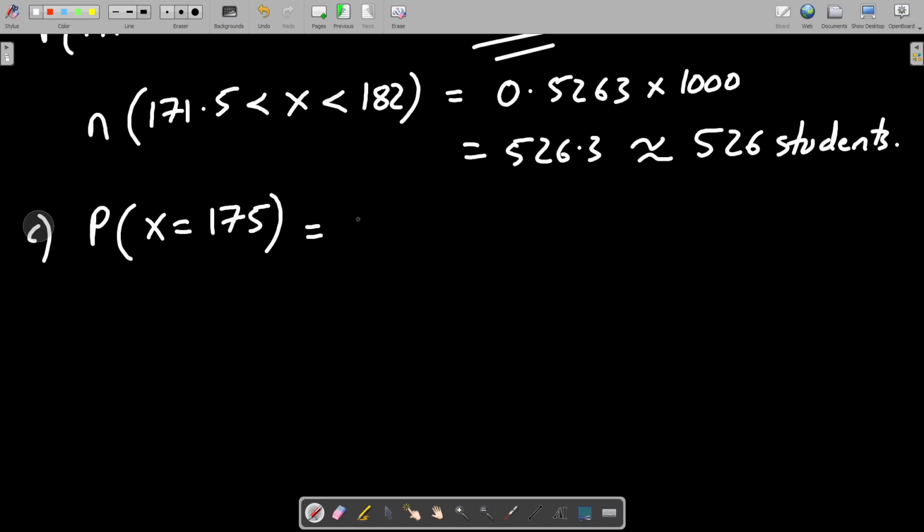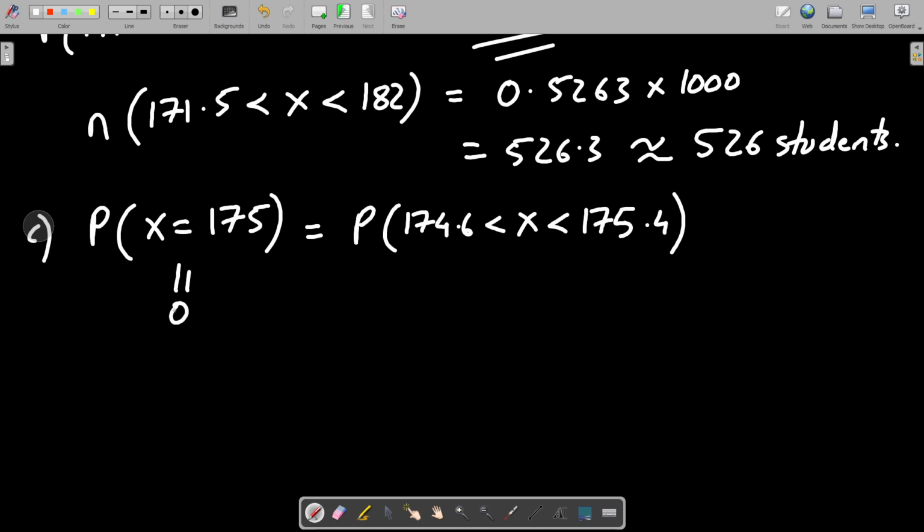Okay, so this actually is equal to probability of 174.5 is less than x is less than 175.5. These numbers will get rounded up to 175. If there is no rounding up being done in the question, then this answer should have been equal to 0, because probability at any single point is 0 for a continuous distribution. But since we are rounding up, it becomes this full range. Clear? So now what is this in terms of z?